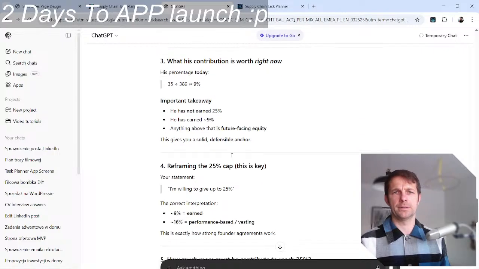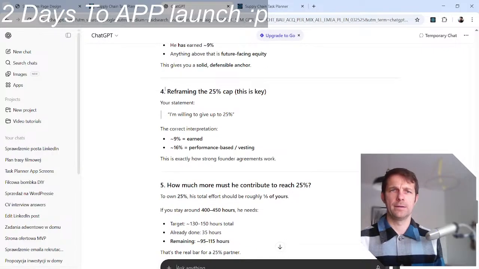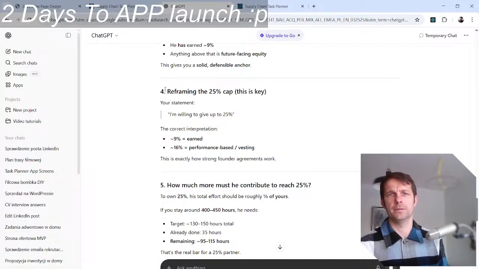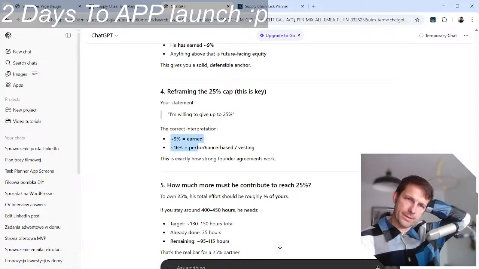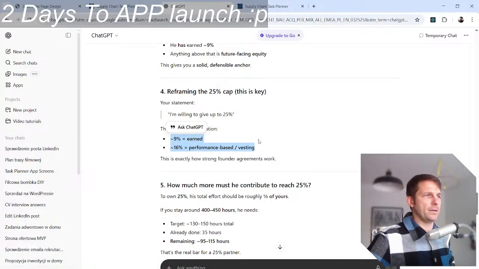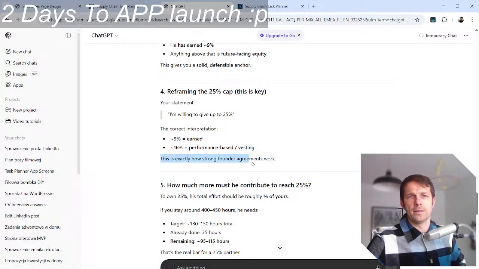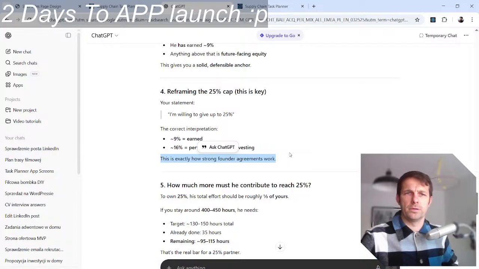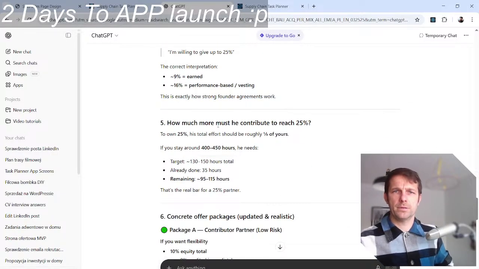He has not earned the rest. Reframing, this is key. I'm willing to give up 25%. Yes. The correct interpretation: that's earned. Performance-based vesting. Yeah. Okay, yeah, makes sense. Strong founder agreement work. How much more must he contribute to reach 25%?